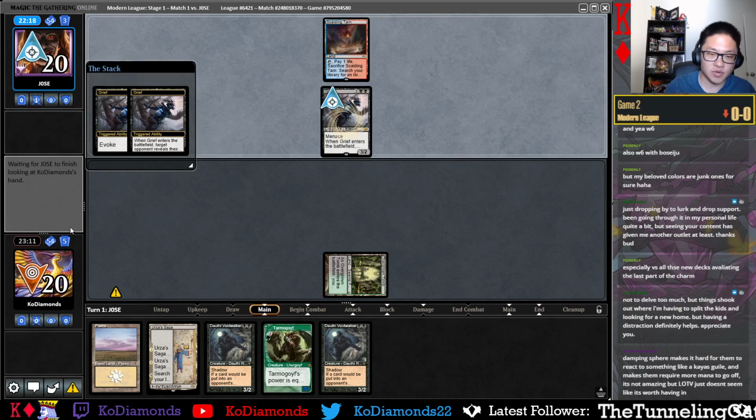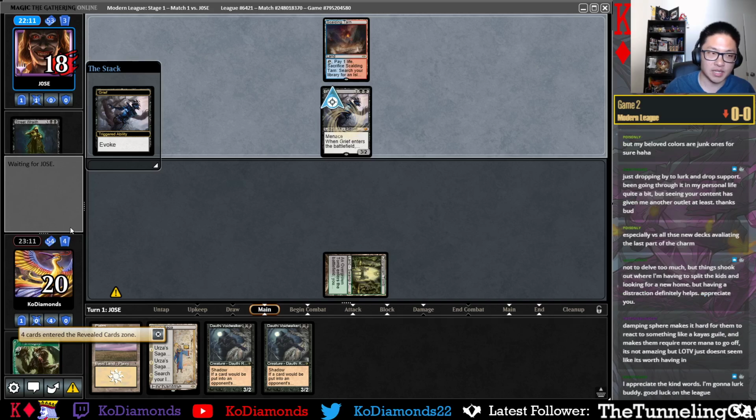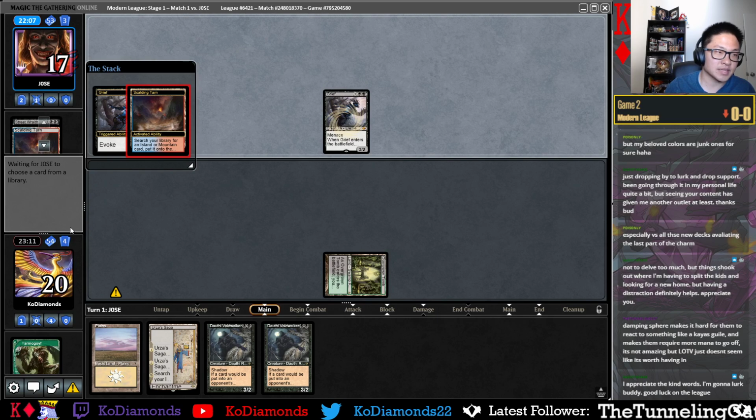Well, we have one Voidwalker left. Having that second Voidwalker is kind of clutch. They took the Tarmogoyf, so we need that black source. Temur makes it hard for them to react to something like Kai's-Go. It makes them, but not amazing, but...